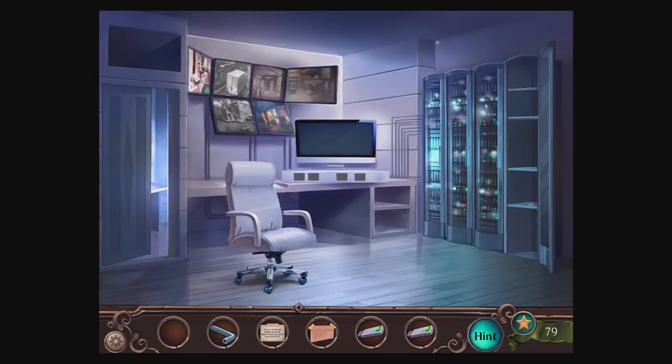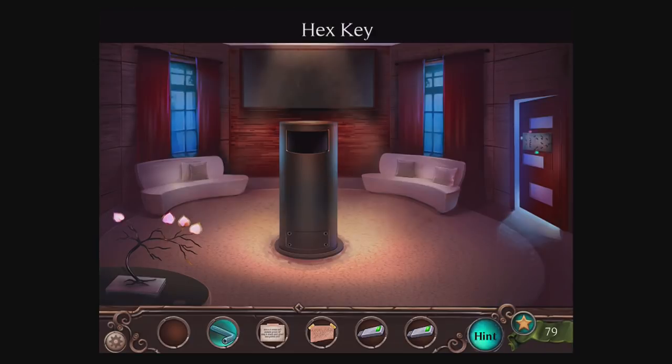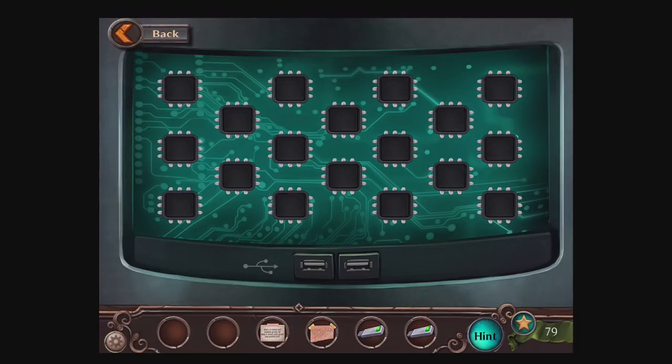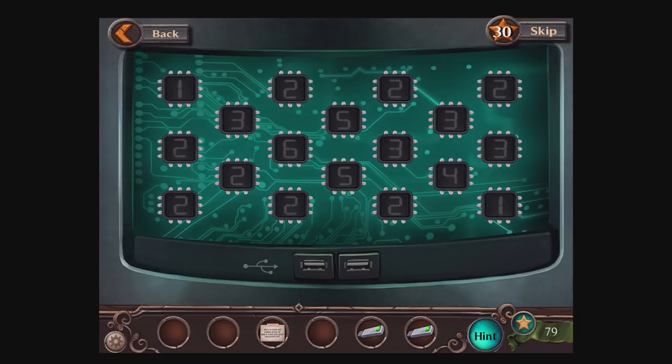And let's go back to the first room again. Use the hex wrench to open this up. Use the strange numbers with it. And now, you need to look at the numbers on each chip. And you need to connect each one to the number on there. So 1 needs only 1 connection, 2 needs 2 connections,